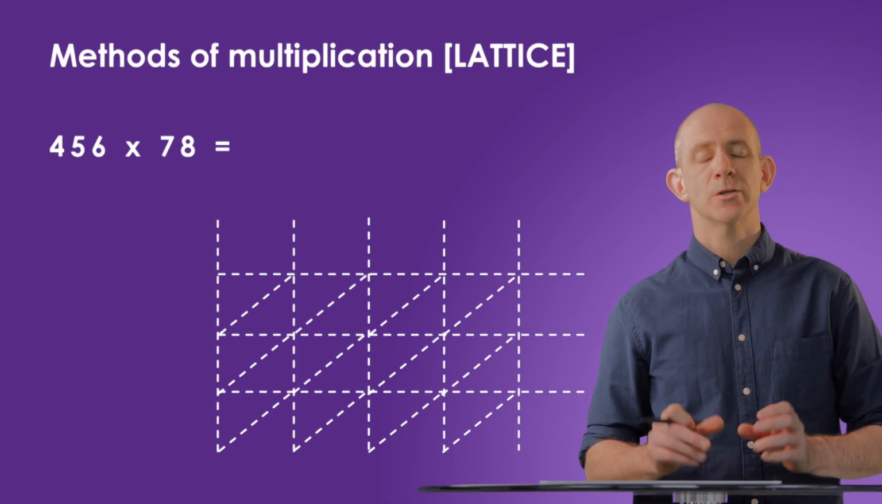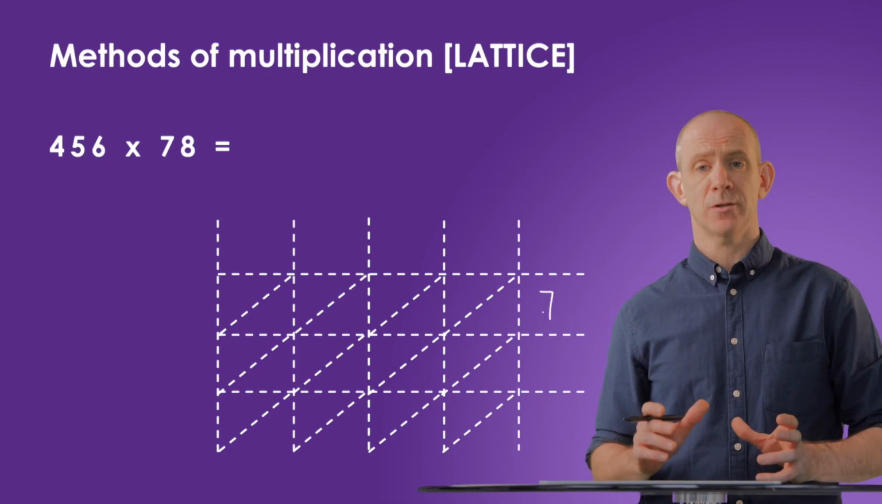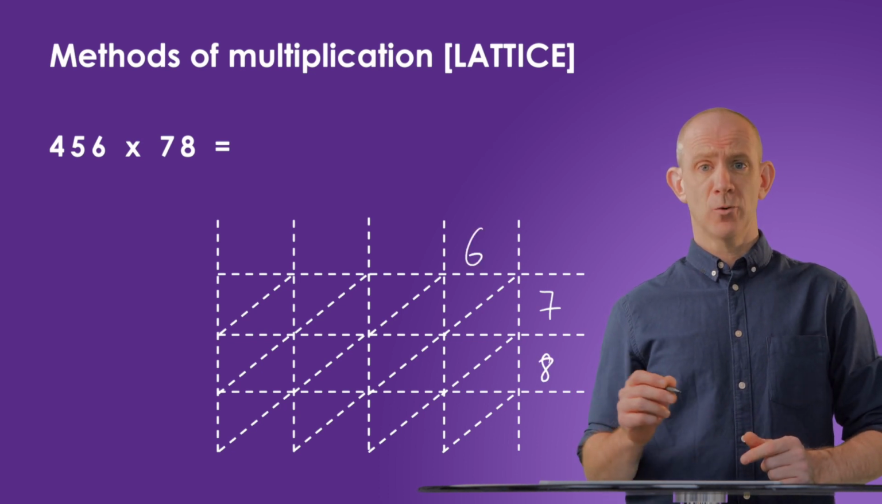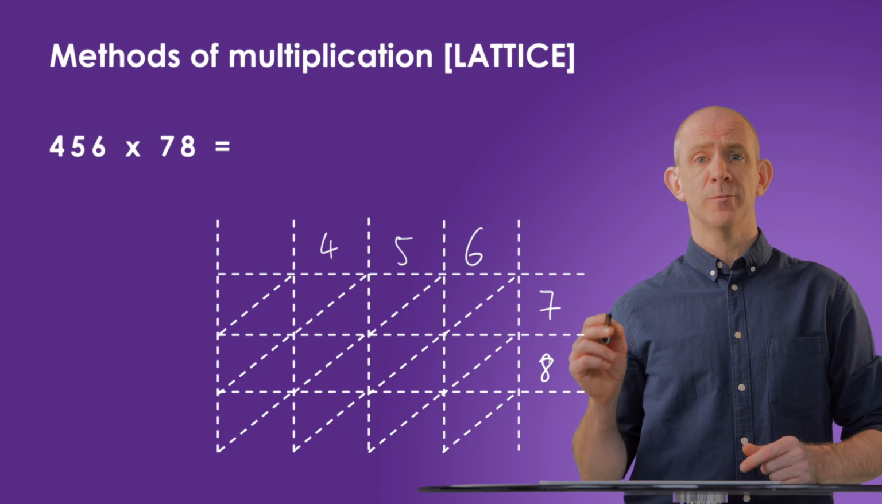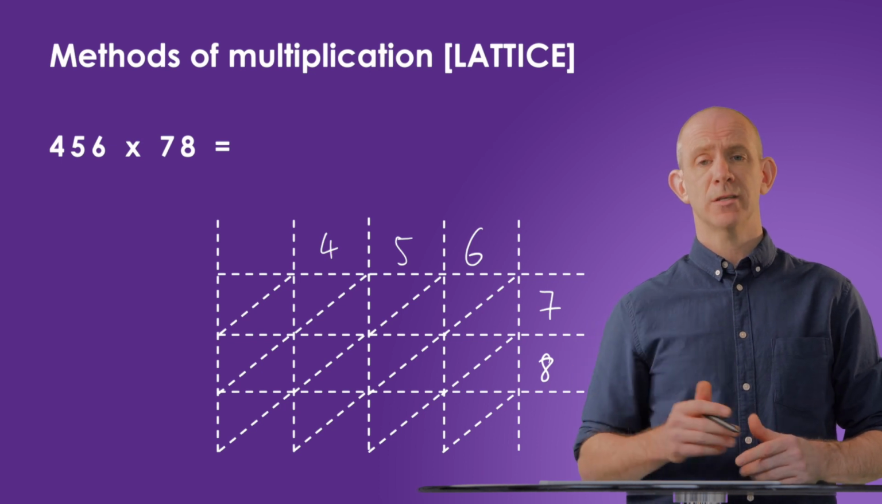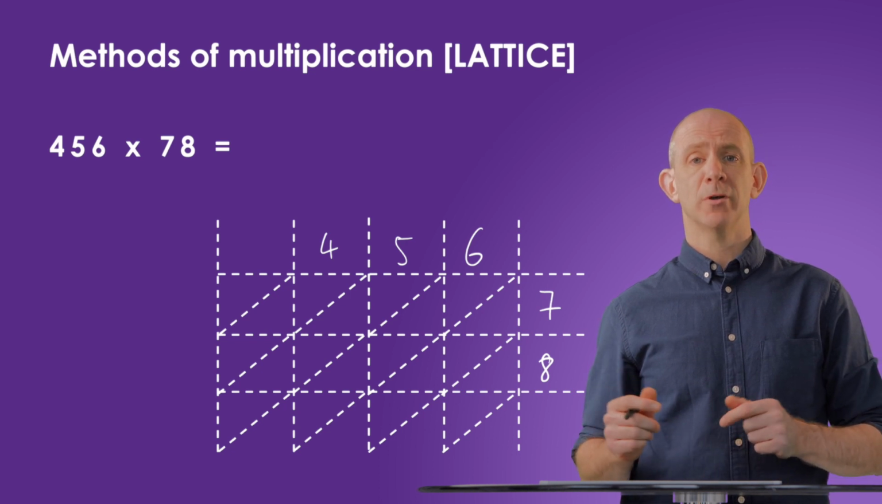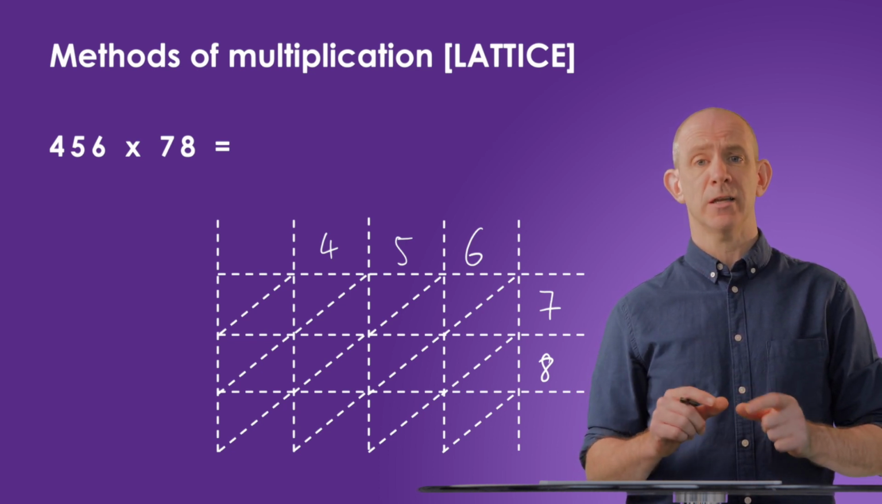and draw diagonal lines through the boxes. So we can place the digits around the outside of this grid. The 7 and 8 go in here on the right hand side, and the 4, 5, 6 can go in at the top. We'll start from the 6 and move backwards to keep it all very much over to the right hand side. Now we can multiply the two individual digits together to get a number to go in this